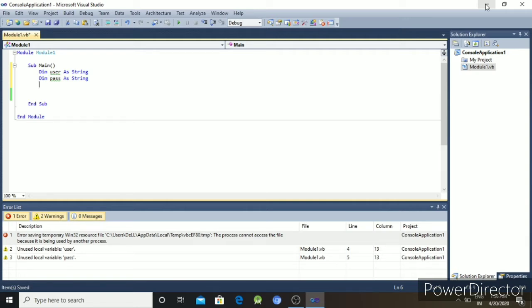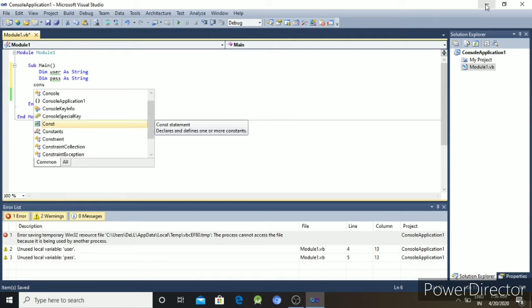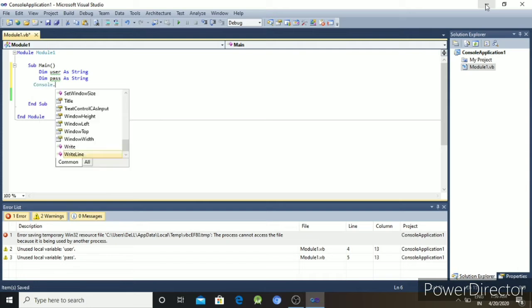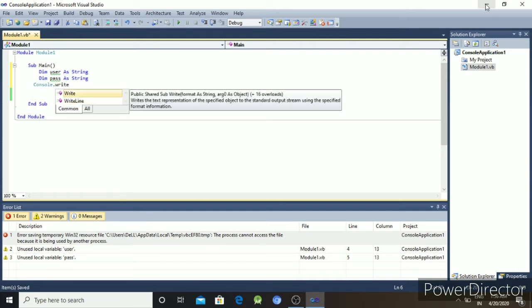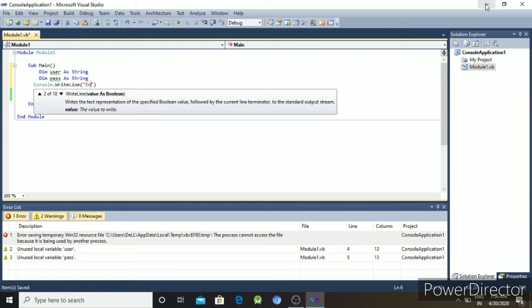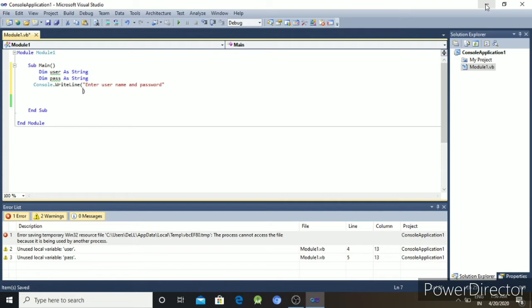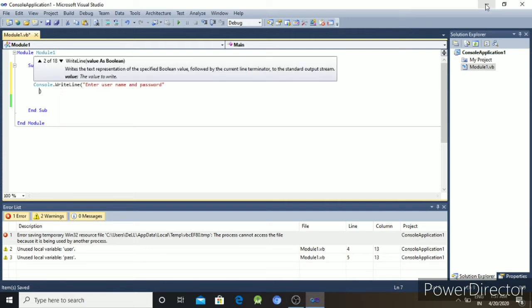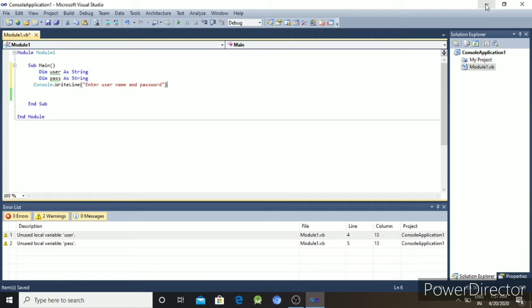Then one message: Console.WriteLine, and the statement, enter username and password. Then the username and password are input by the end user.